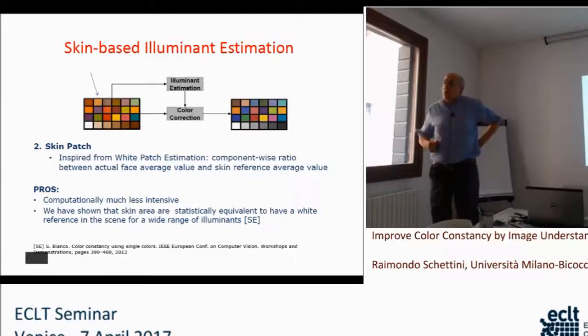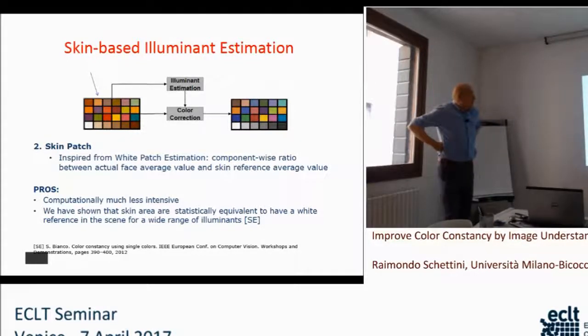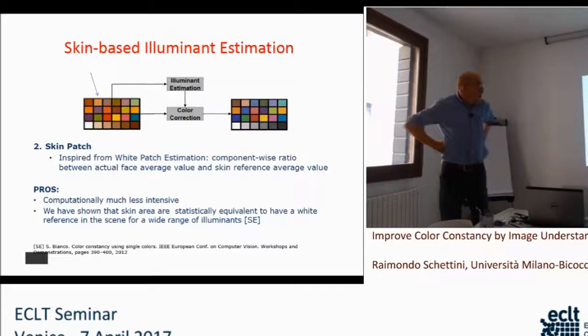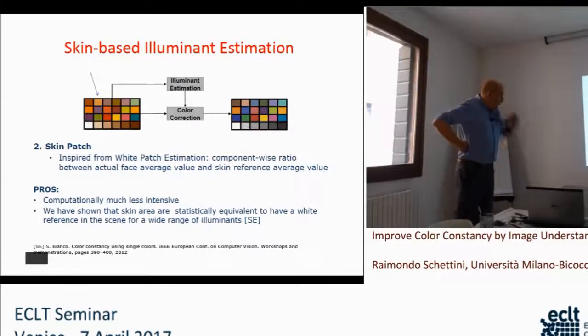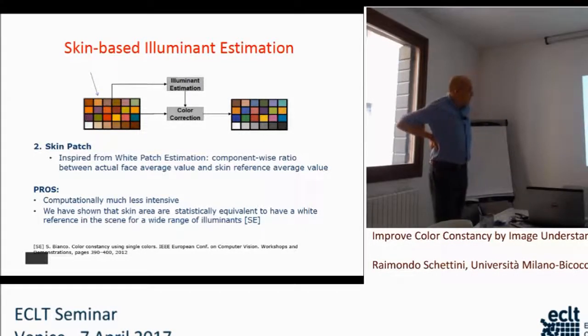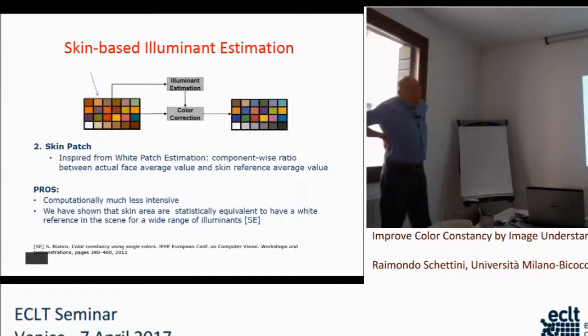Can it be used or not? Maybe not. Okay. Now, it mainly depends on saturation, on the color, etc. So Simone Bianco, the co-author of almost all the work that I've done in color constancy, or at least the recent work,